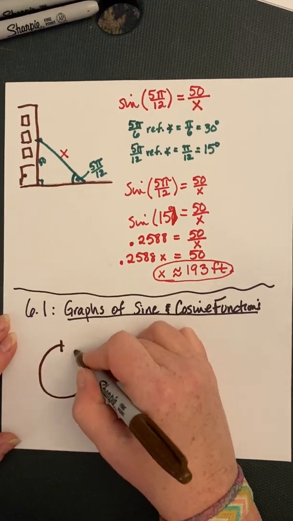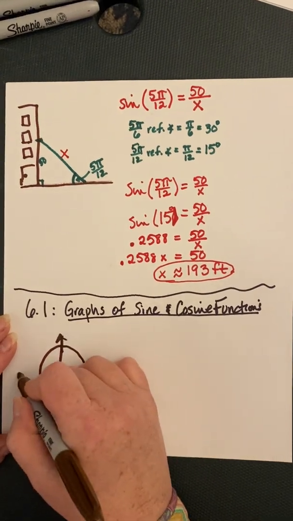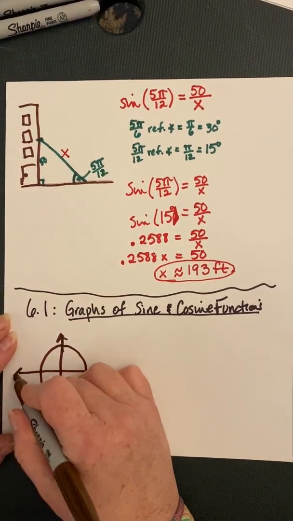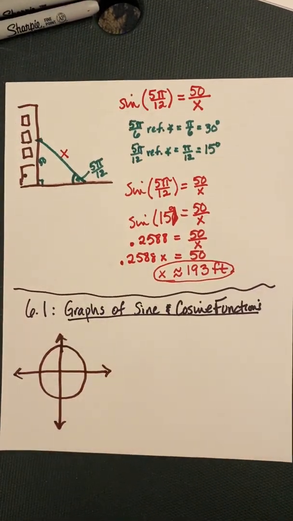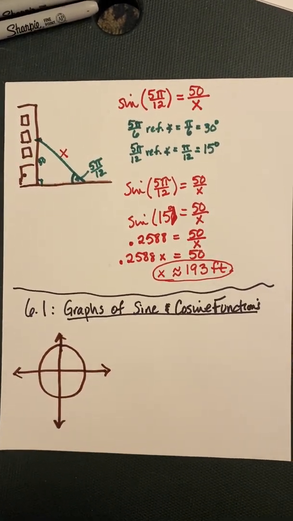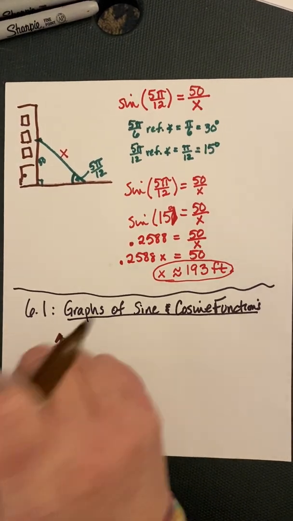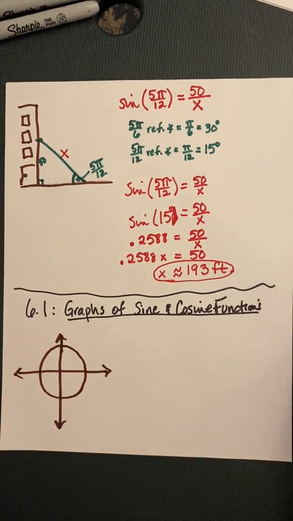If I don't cheat, I don't draw this well. Okay, so I have a circle centered at the coordinate plane's origin, right? So the center of the circle is the origin of the coordinate plane, called a unit circle, okay? So here's what I already know about this. I know